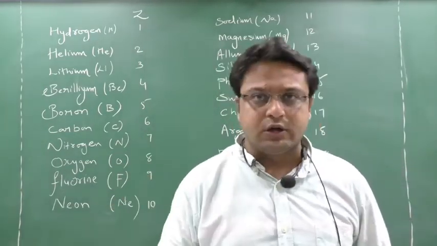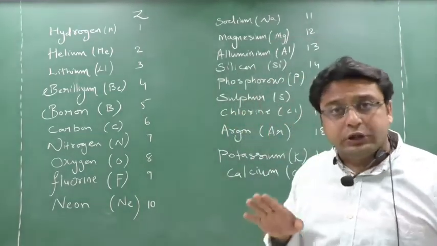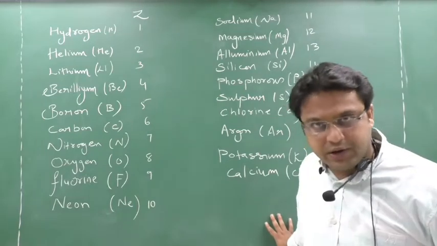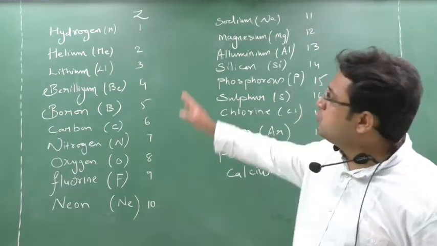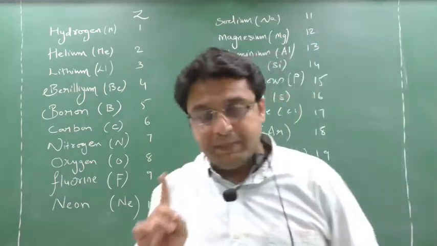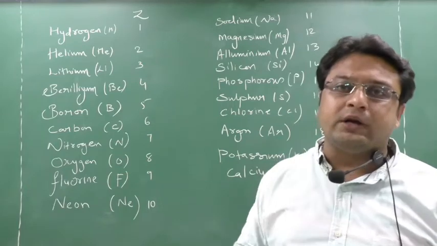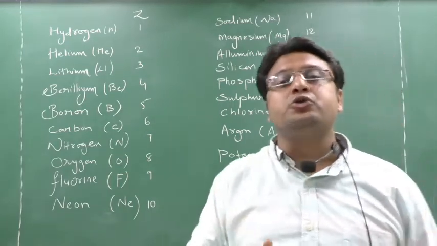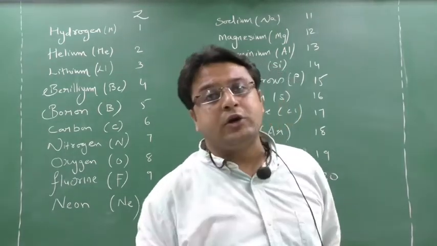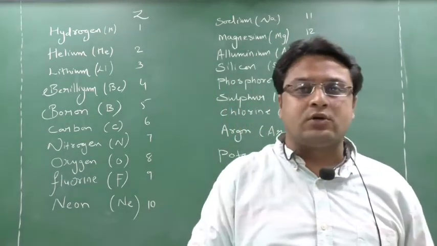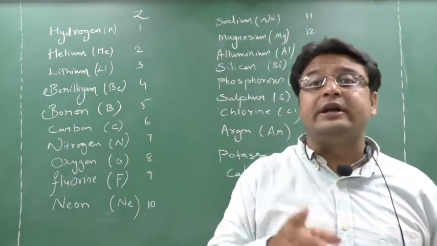I will give you certain shortcuts, do not worry about it, but you have to remember all the elements up to 20. You are in standard 10, so you need not worry about more than 20 elements, that too atomic number wise. If you remember all the elements according to atomic number, it will be easy for you to calculate the electronic configuration. If you calculate the electronic configuration, you can calculate valence electrons and valency, because valency is very important to create certain compounds.